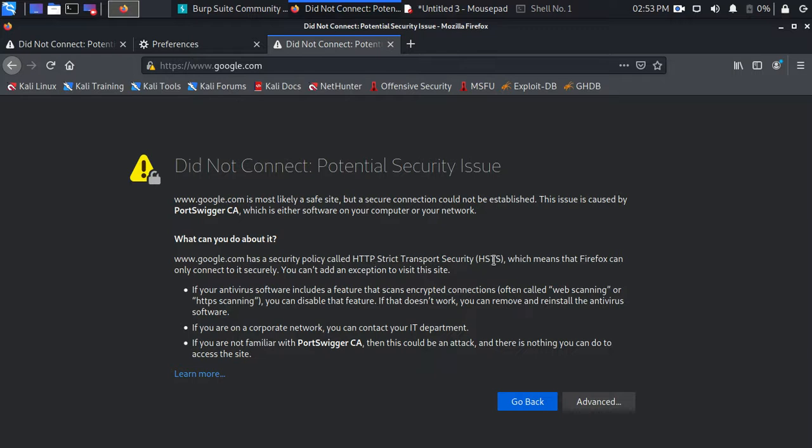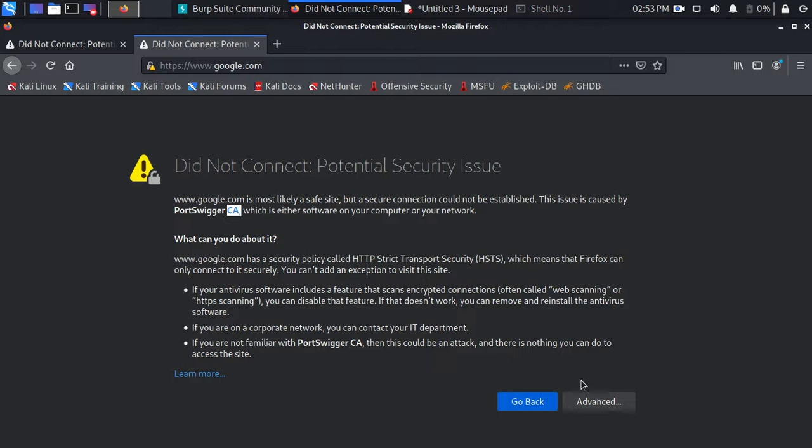HTTP Strict Transport Security. Basically this error came because of the certificate authority, because we don't have the certificate. To avoid this error, you can download the Burp Suite certificate and put it into your browser.